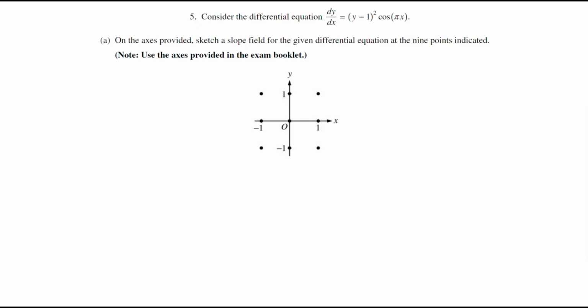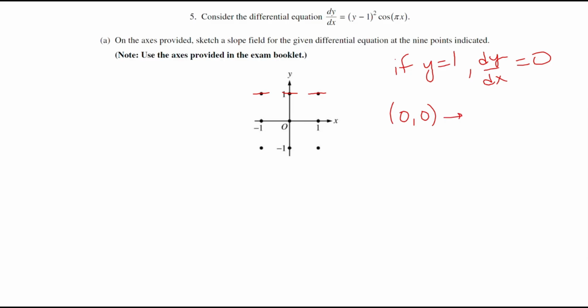In order to sketch this slope field, the easiest thing to do to start with is to recognize that if y equals 1, then dy/dx must be 0. So that means everywhere where y is 1, we should just draw a slope of 0. That only now leaves us with 6 points to test. And so we'll do that for each of those points. We'll just start at the origin. If we put in 0, 0,